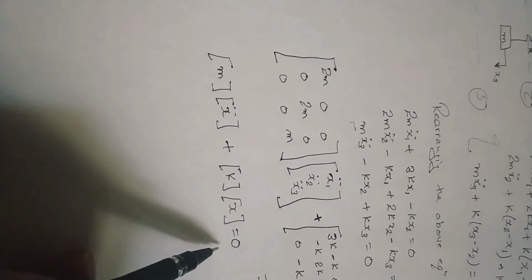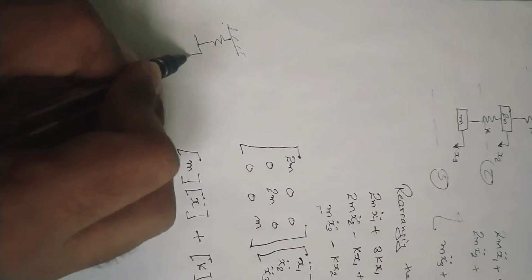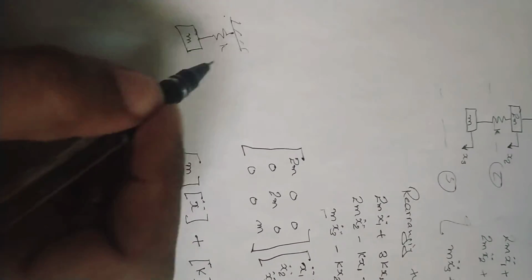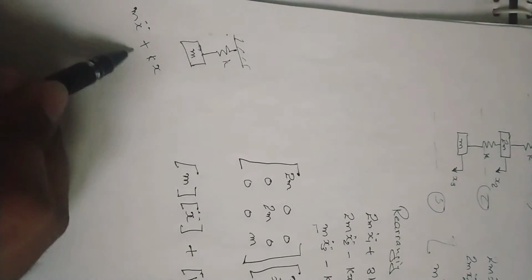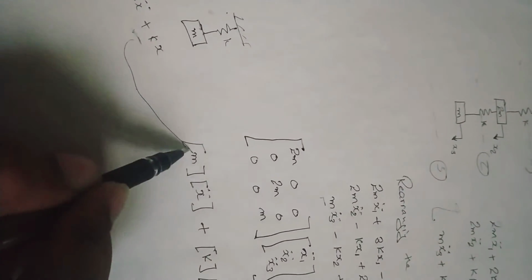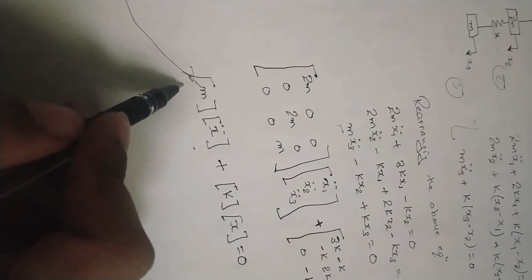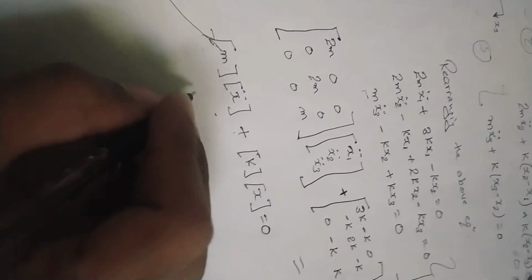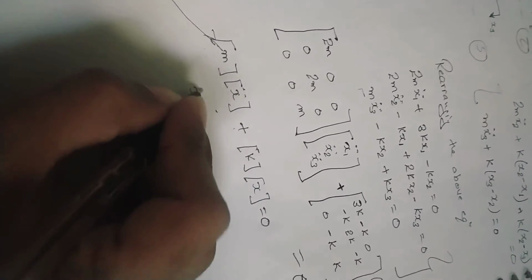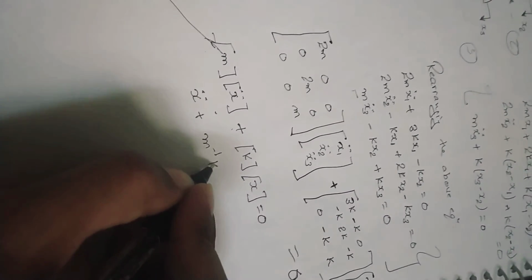Now you can compare this equation with the one degree freedom spring mass system equation. As you know, for a one degree freedom spring mass system, the equation is m x double dot plus k x, and if you compare this with the multi-degree freedom system, it is quite similar. But here we have an equation in matrix form, so we have to solve further. Let's check that. Here we can write it as x double dot plus m inverse k into x is equal to 0.